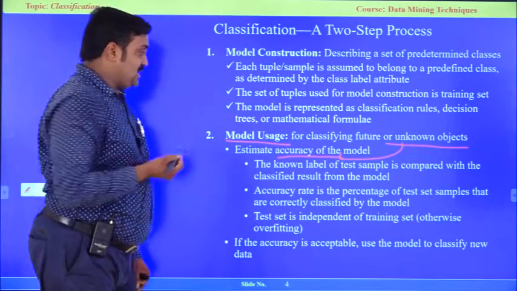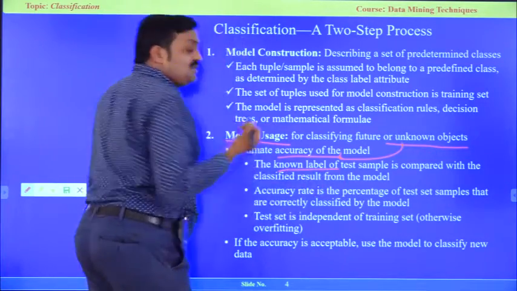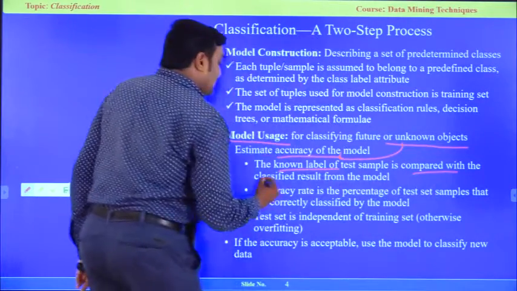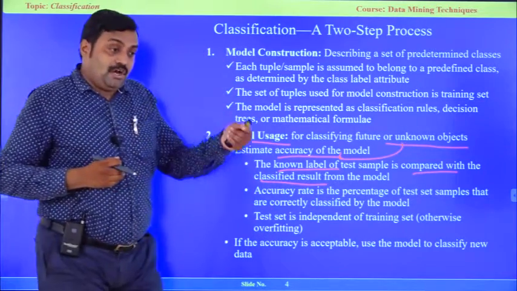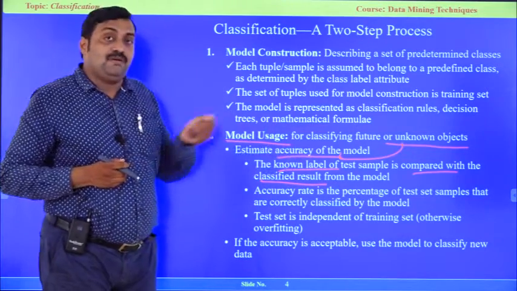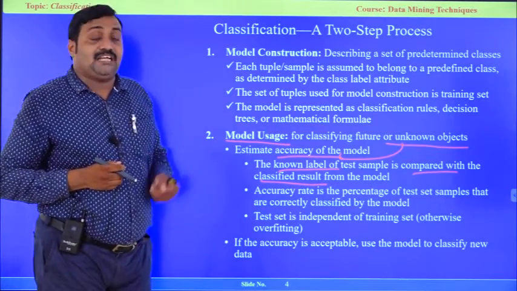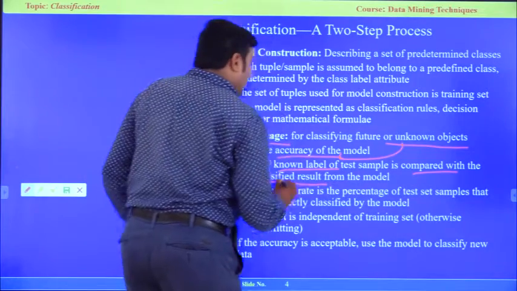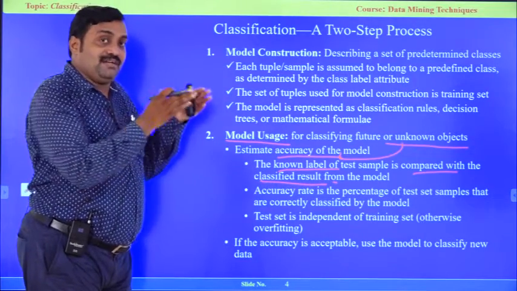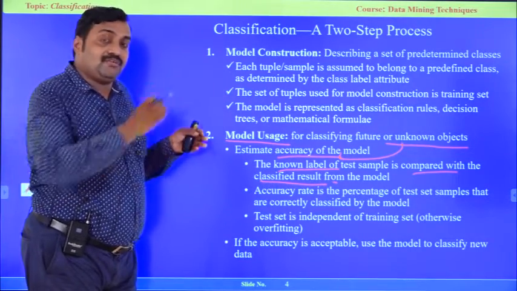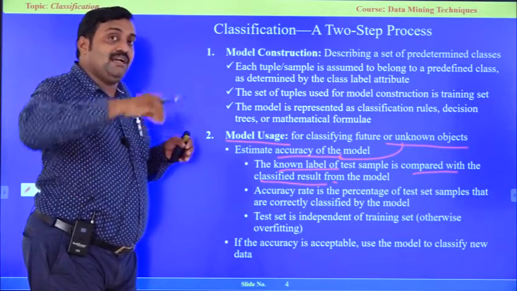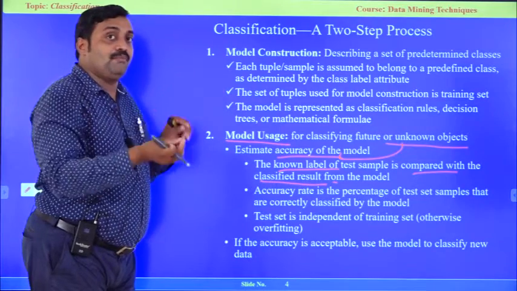So what we are going to do is take the known labels for the test and compare them with the classified result. That means we already have known labels, predefined labels. We are going to take the known labels as a test and check them against the classified results from the model. Okay, that means from the entire data set, we are going to take a few records which are already classified. We know the names, and we compare them with the classified results. Okay, both are matched.